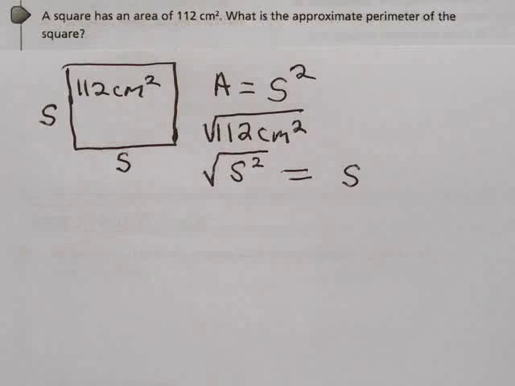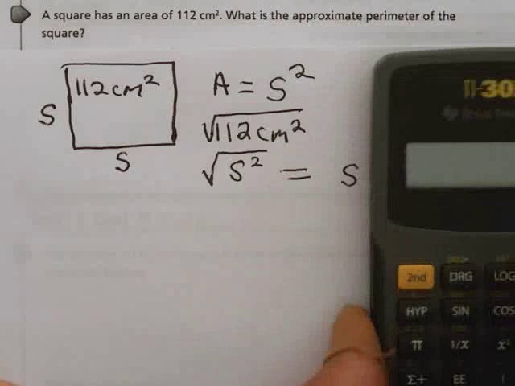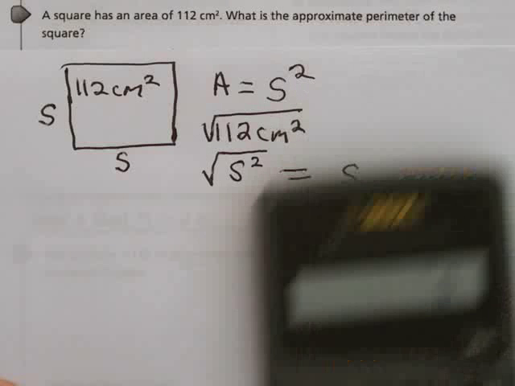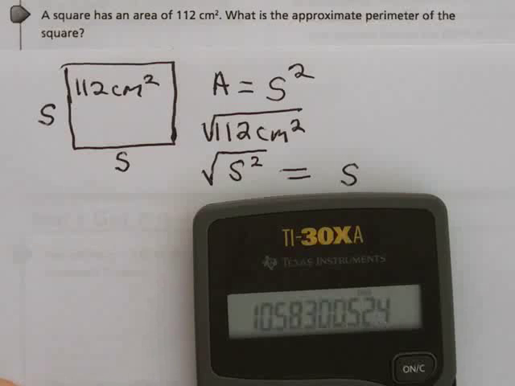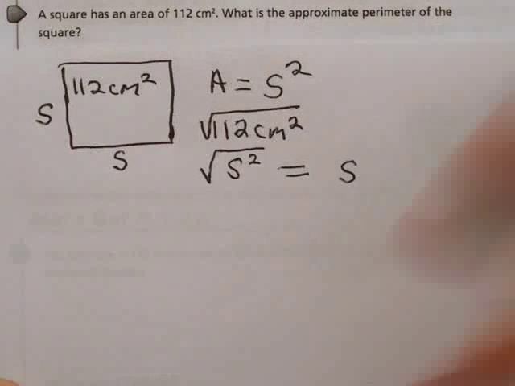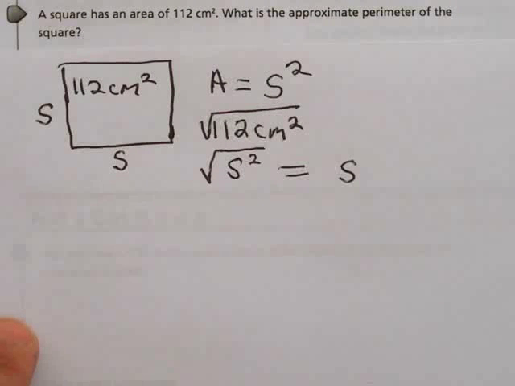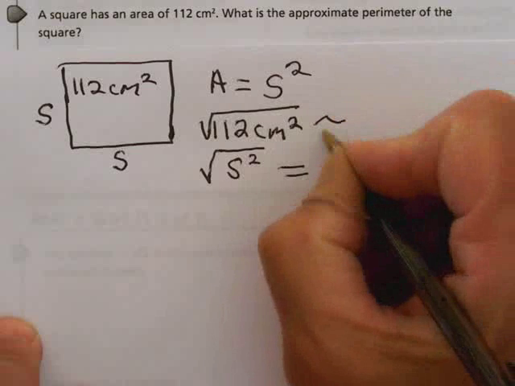So what's the square root of 112 centimeters squared? I have no idea. I know it's greater than 10, so let's get our calculator out. Let's slide that over a little bit so we can get everybody in the frame. So I've got 112. I'm going to use the radical symbol, and I've got 10.583. So I'm going to round it to the tenths place, which means 10.58 will round to 10.6. So I'm going to say that the side of this square is approximately 10.6